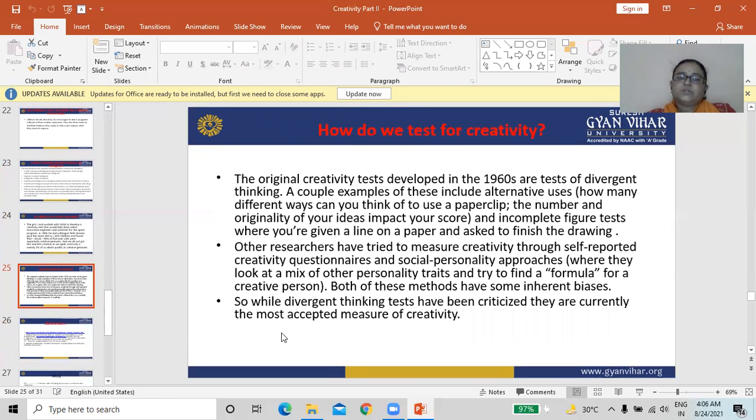Now we will discuss how we test for creativity. The original creativity tests developed in the 1960s are tests of divergent thinking.